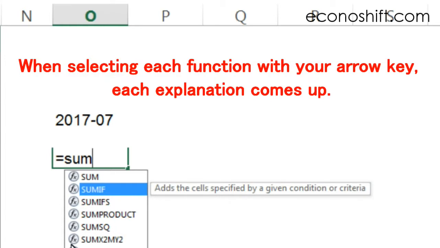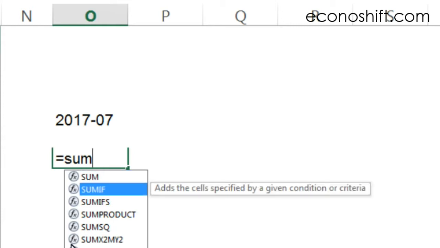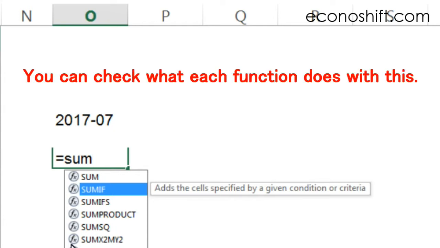Each explanation comes up. You know about the sum function. Here it says add all the numbers in a range of cells. When selecting SUMIF, it says add the cells specified by a given condition or criteria. You can check what each function does with this.